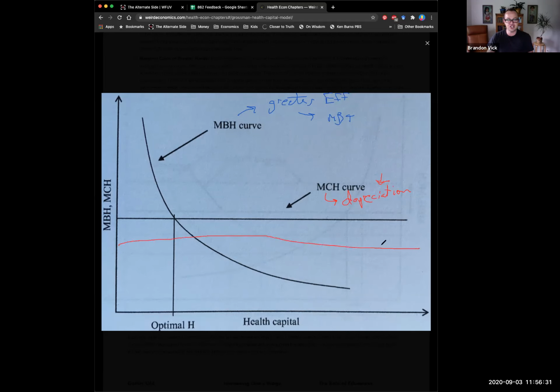So lower depreciation would lower my marginal costs, and it would allow me to generate greater health. Alternatively, you could argue that being more robust, more fit, allows you to recover from illnesses quicker. It would have both a marginal benefit and a lower marginal cost. A lot of these things can do both. And I would say, in general, being healthier, doing these healthy practices, makes me able to recover from things much quicker. And that's the general